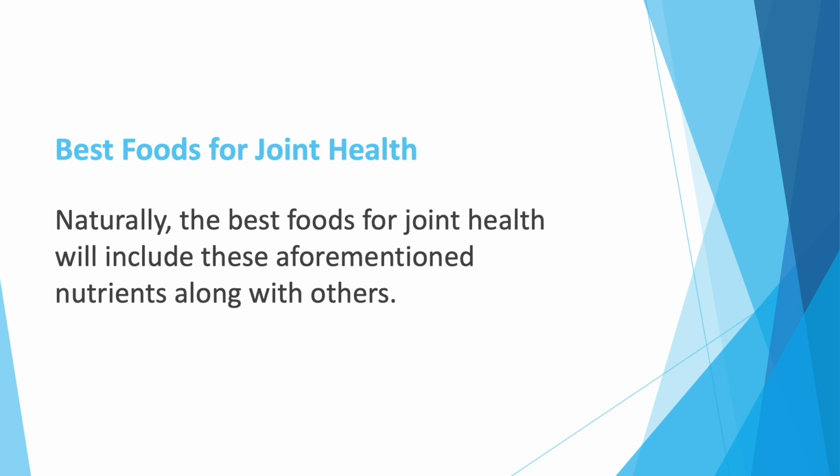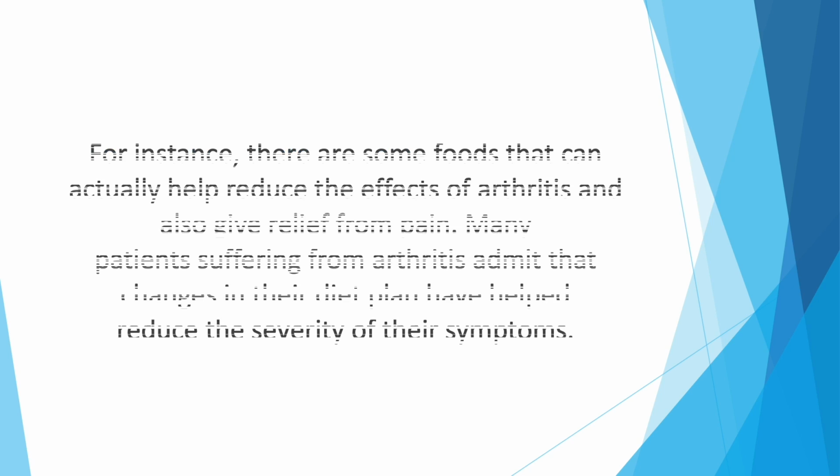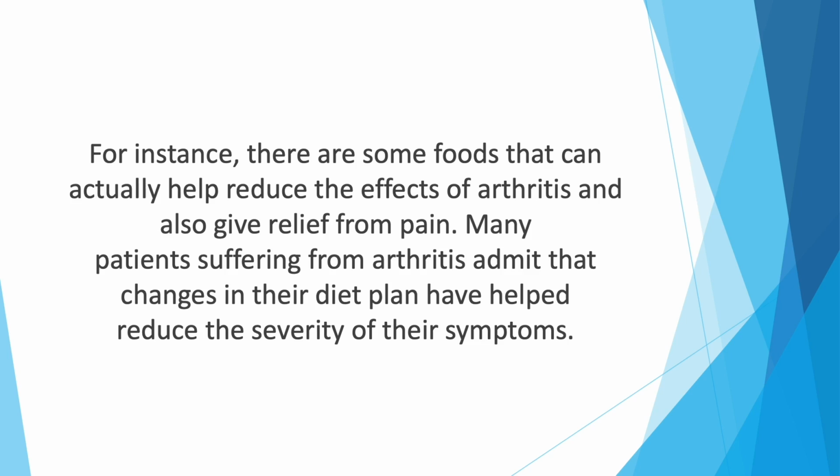Best foods for joint health. Naturally, the best foods for joint health will include these aforementioned nutrients along with others. If you already suffer from joint-related conditions, then altering your diet may actually help reduce your painful or discomforting issues. For instance, there are some foods that can actually help reduce the effects of arthritis and also give relief from pain. Many patients suffering from arthritis admit that changes in their diet plan have helped reduce the severity of their